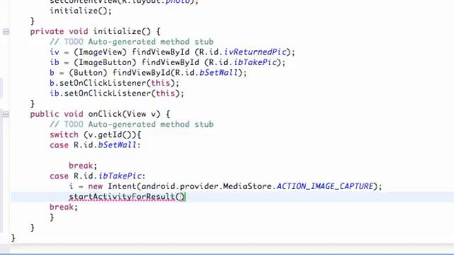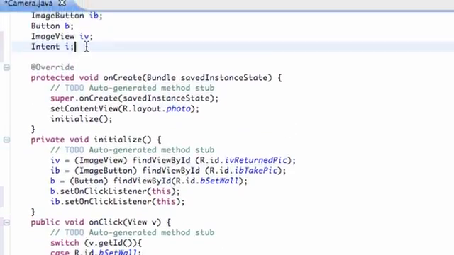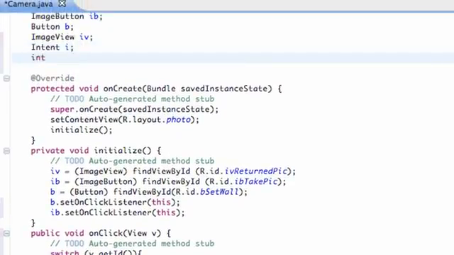And then within the brackets, we're going to set up our intent. And then we're going to hit a comma and basically set up a variable that's going to collect the data. And it's going to be an integer type variable. So we're going to say cameraData is what we're going to call this variable. Since we don't have a variable yet called cameraData, we're going to again set this up above our classes. So we're going to say int for integer and cameraData, and we're actually going to set this equal to 0, and you guys also need to say final static,